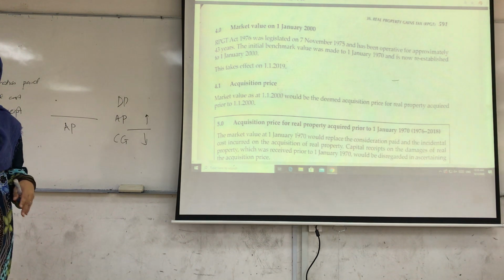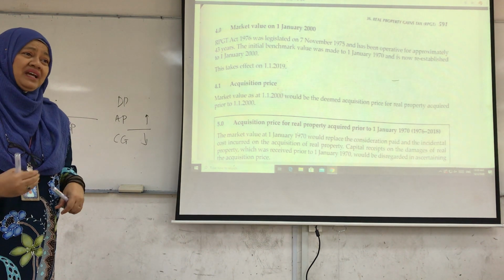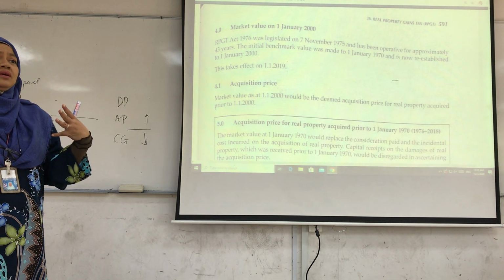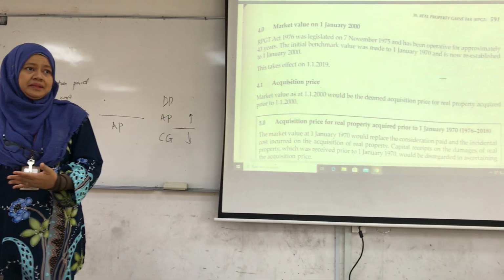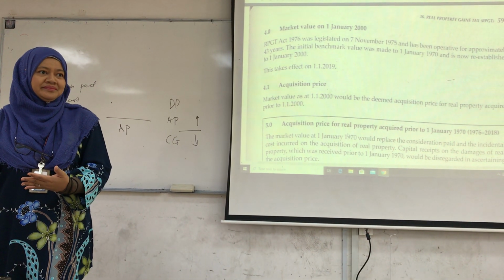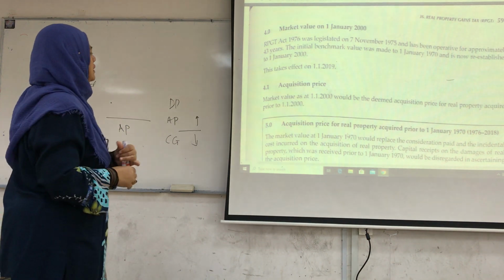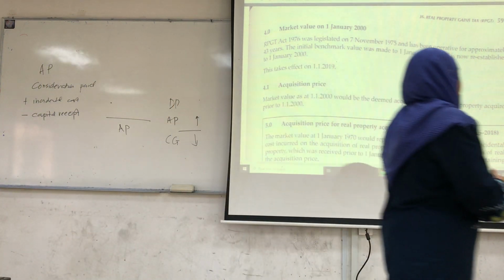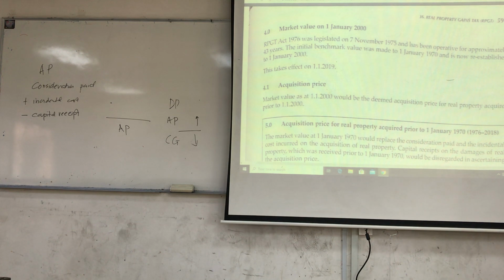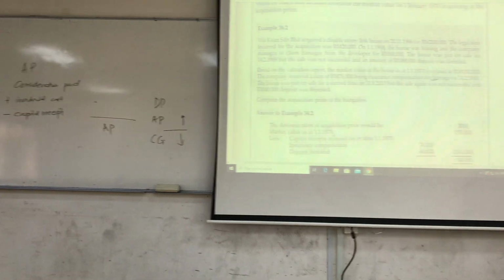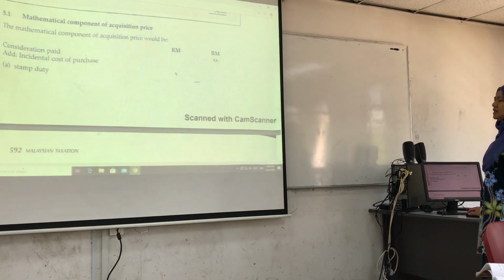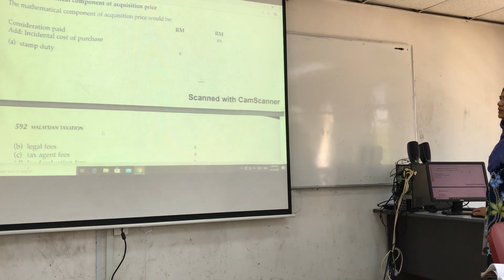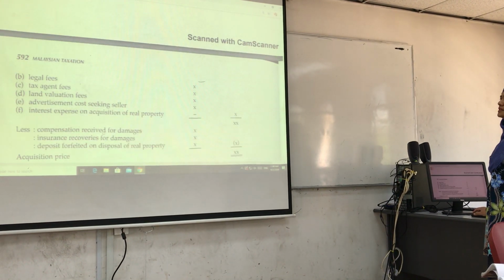So what happens is that in the question, maybe they will give you the market value of the house. Then you have to decide, am I supposed to use the market value or am I supposed to use the formula? Other than that, these are the mathematical components of your acquisition price, where acquisition price paid plus incidental cost minus the